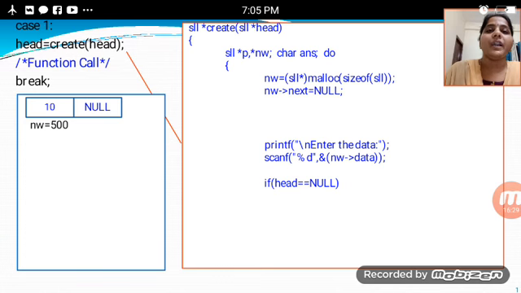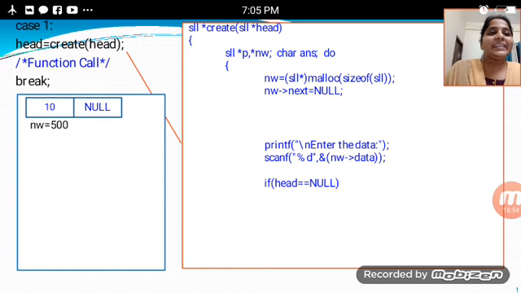That function call and break will be there. In this, the same thing as the above code, NW is equal to 500 will be there, and null, which is a single linked list. Create a single linked list, star head will be there, begin brace, a single linked list pointer in the declaration. Same thing as the above code expansion, some change will be there above and below the code.